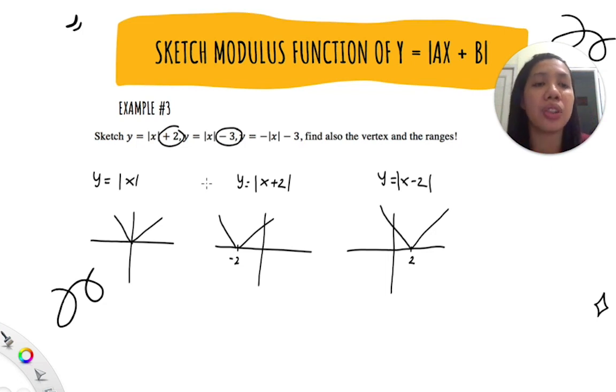So there will also be shifting, but now the shifting will be on the y-axis because we simply do the addition and subtraction on the y value, or y coordinate, not on the x. So the shifting will be along the y-axis, and the shifting will be upward or downward.